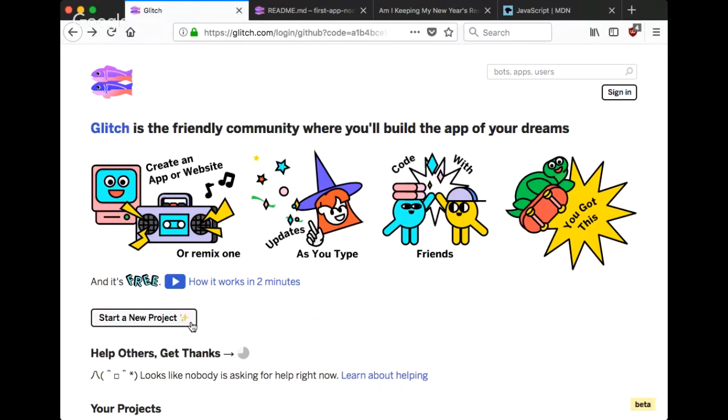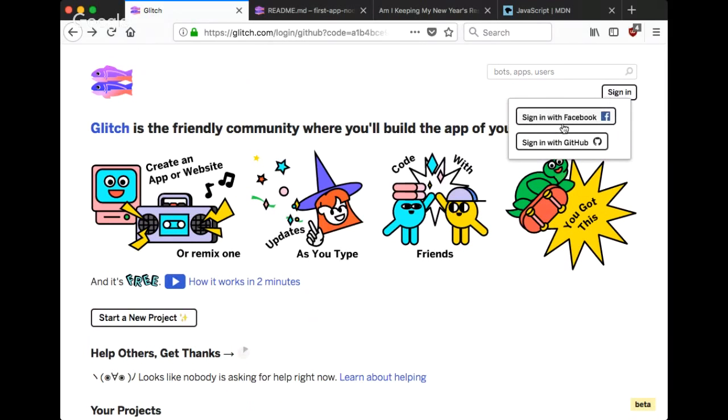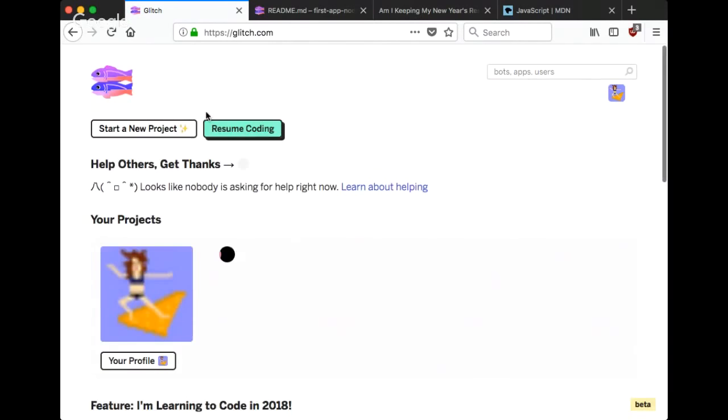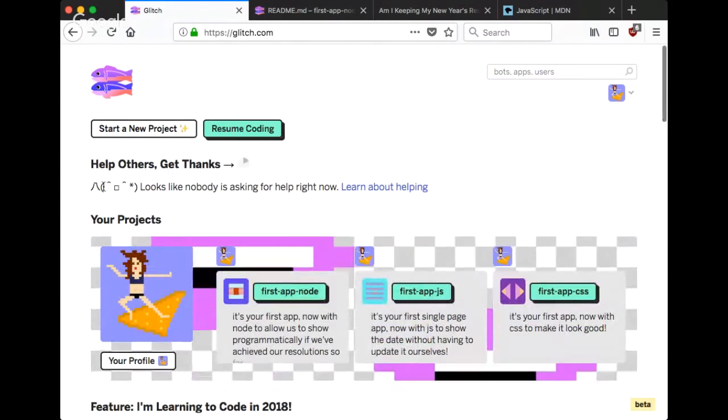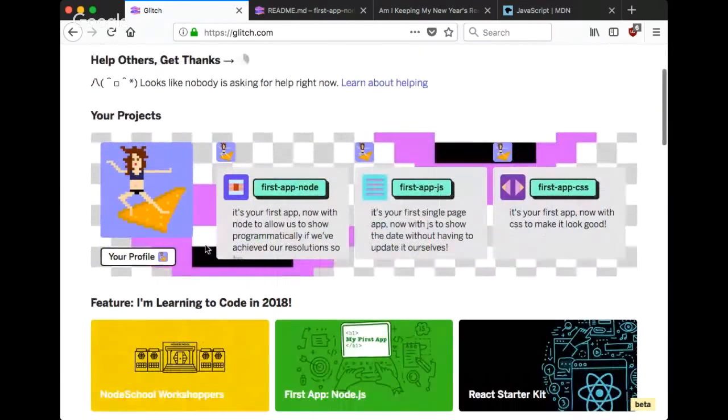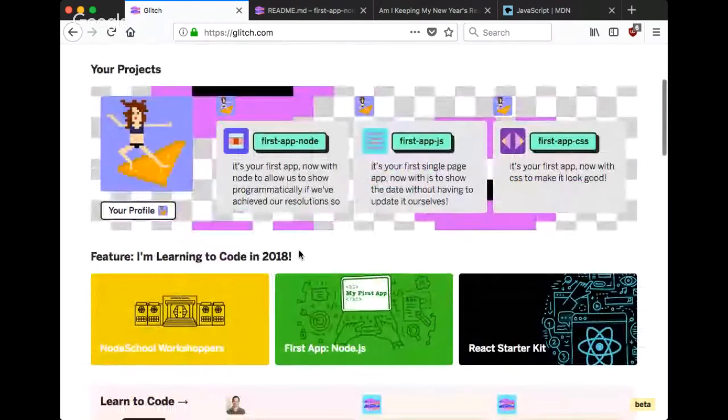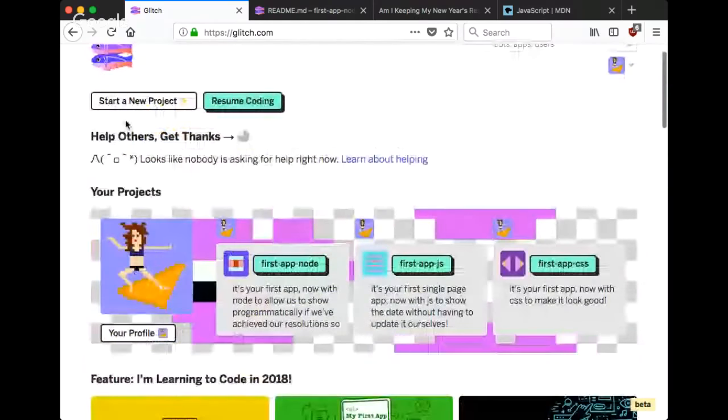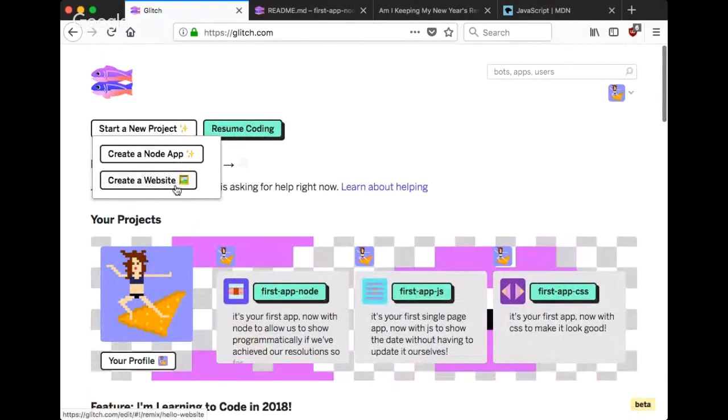So if you want something that's more persistent that you can keep forever, then you can sign in through Facebook or GitHub. I like to sign in through GitHub. Okay, so here we go. So this is me logged in. I have an obnoxious animated background for my profile. It's fine. So yeah, when you start a new project, you have an option of a Node app or a